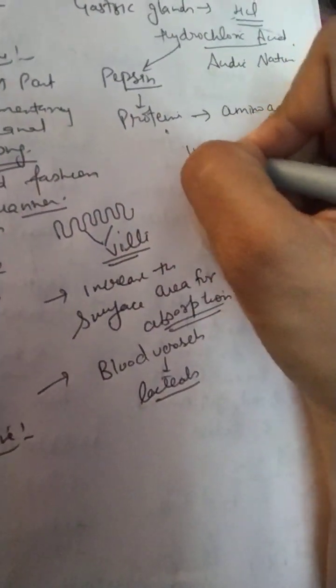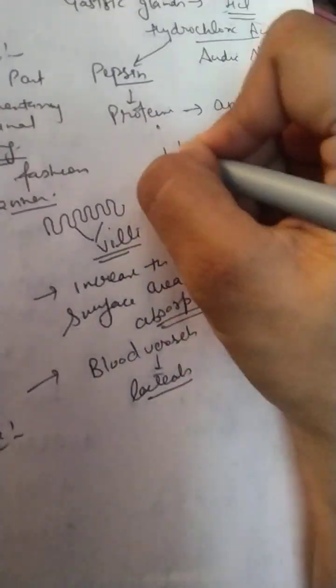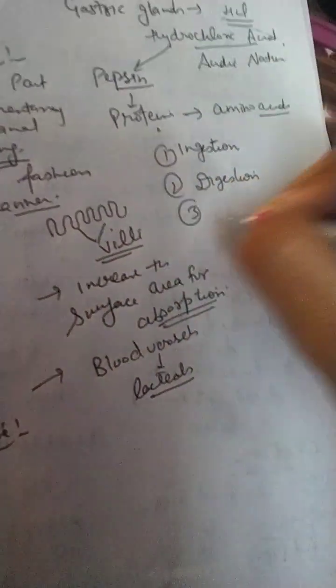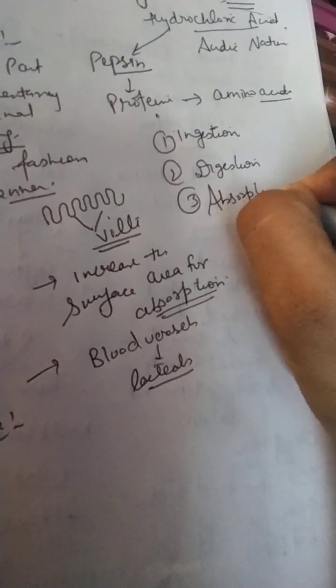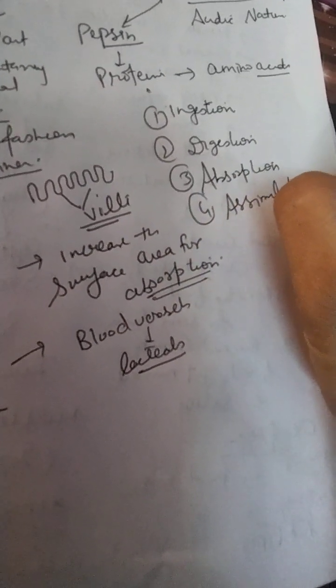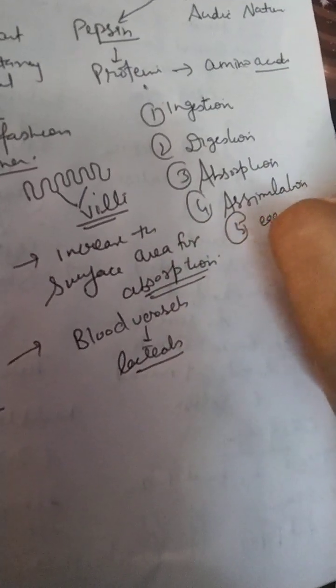Generally we can say that nutrition in human beings mainly includes five processes: first is ingestion, second is digestion, third is absorption, fourth is assimilation, and fifth is egestion. So up to absorption, these all processes